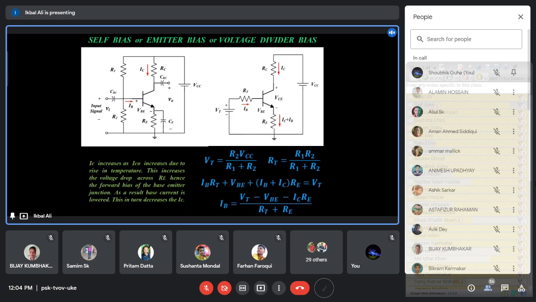Next biasing circuit, we have discussed the collector to base bias circuit. Slight changes have been made with the self bias circuit, that instead of the RB resistance being connected to the VCC supply, we now connect the RB resistance to the collector point of the transistor and to the base. So this much of change in the collector to base bias circuit has been done as a modification of the fixed bias circuit. This actually improves the stability of the concerned circuit.